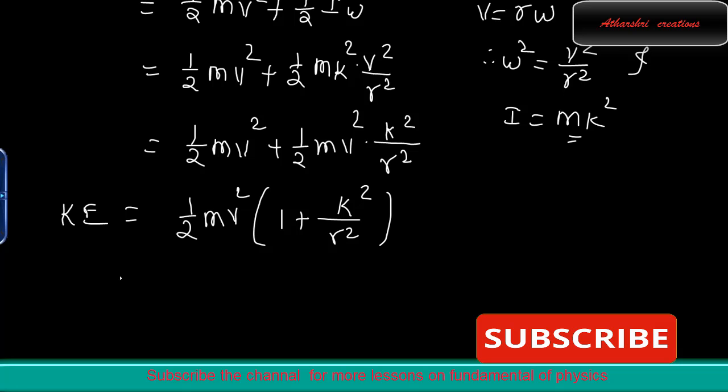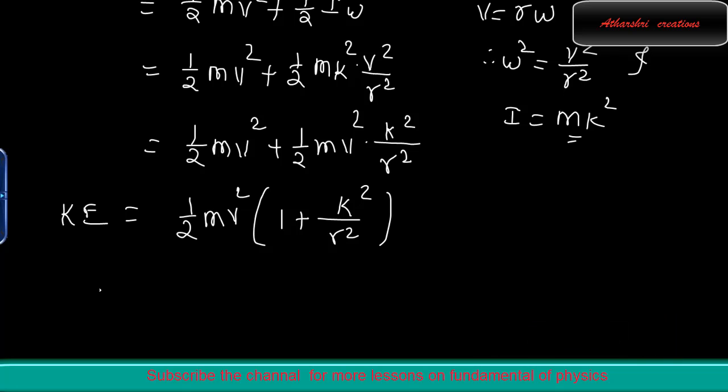See, in rolling motion, it must be remembered that static friction is essential for purely rolling motion. In this case, it prevents the sliding motion. Now in the next article, we have to consider a rolling motion along an inclined plane, and we have to determine the linear velocity and acceleration in rolling motion of the body on the inclined plane.